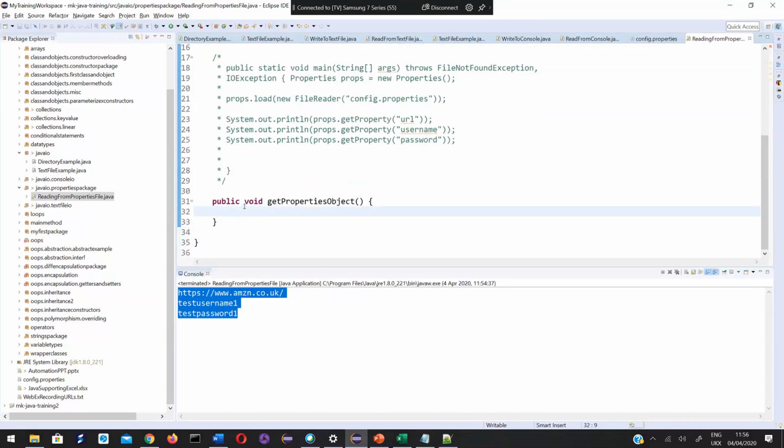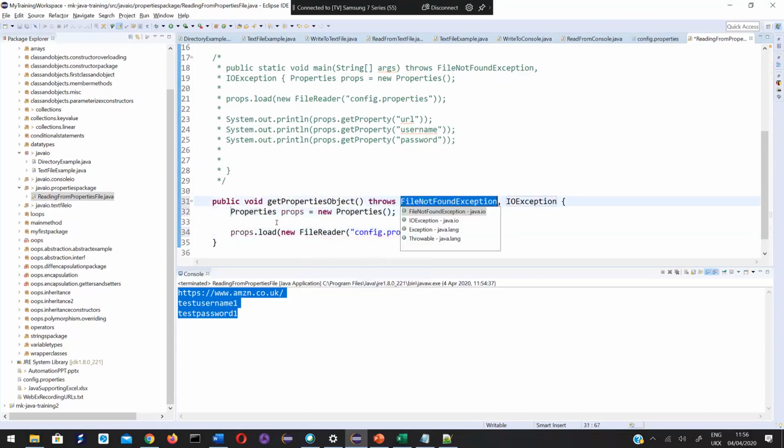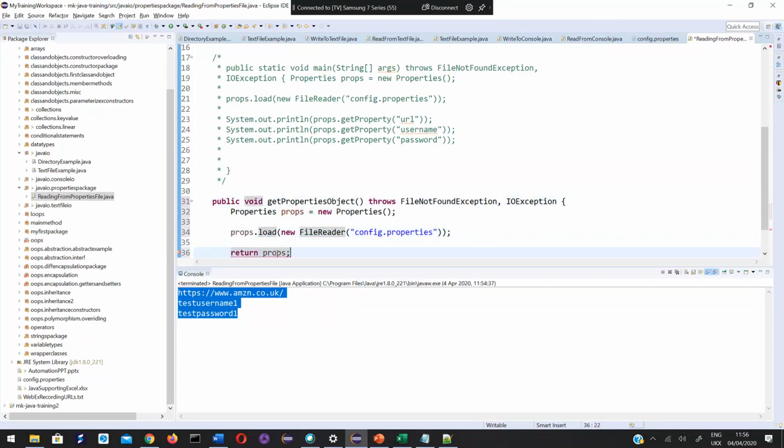Okay, they put this properties equal to this properties add row declaration, then return props. Change the return type to this.